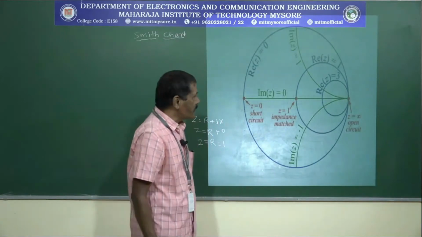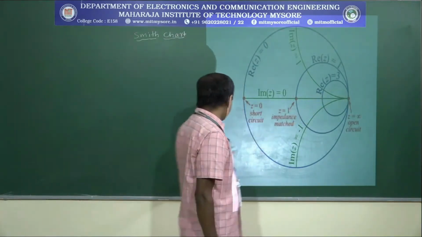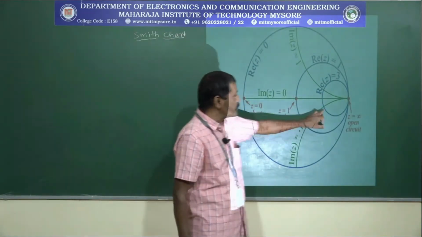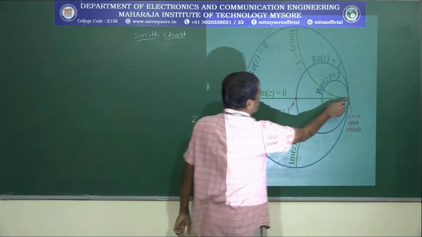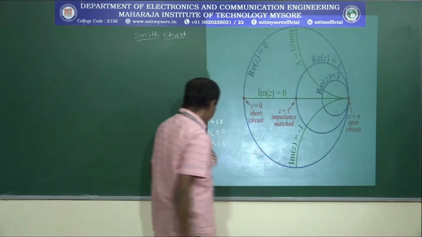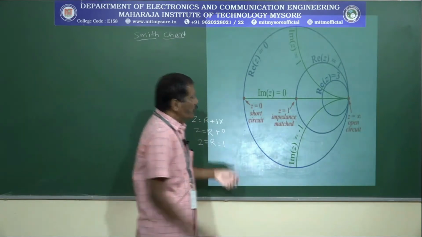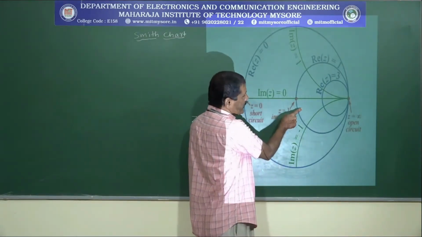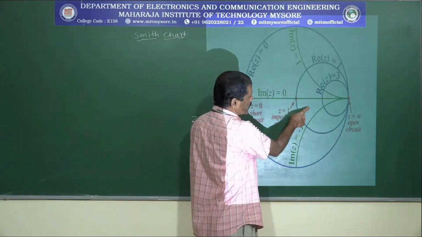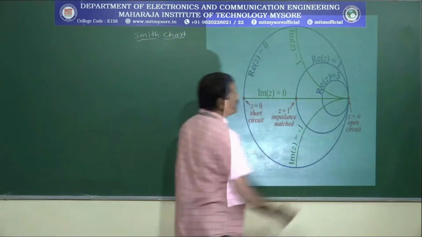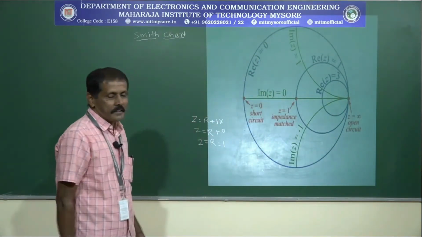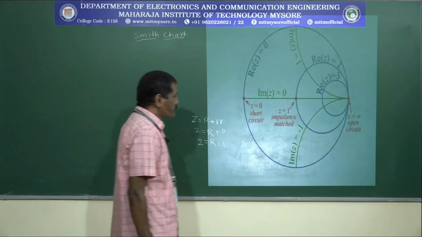So this is a circle where the real component of the resistance value is equal to 3. And this is the circle. What we have is when R equals 1, you can observe it here. You have one circle, and here also one circle, here also one circle. Like this, so many circles are present on the Smith chart.